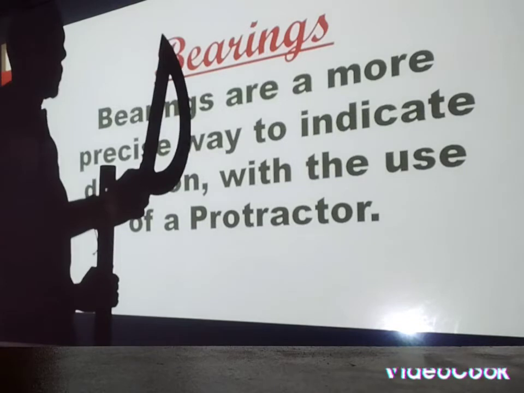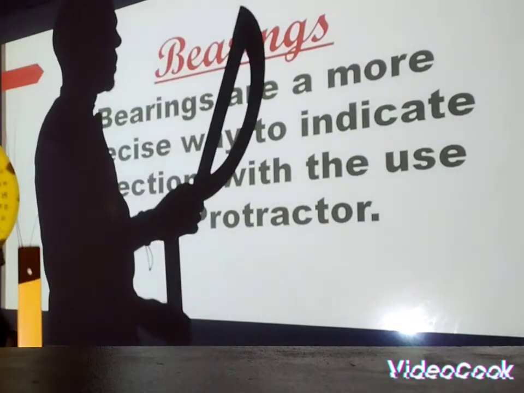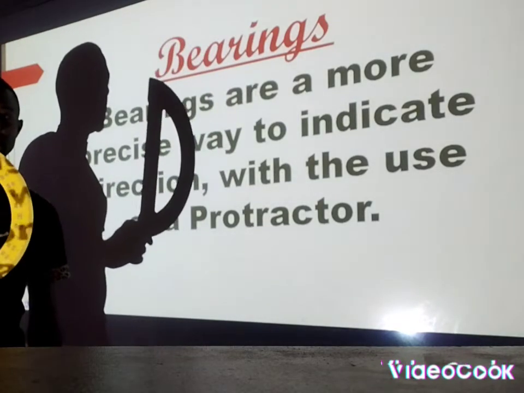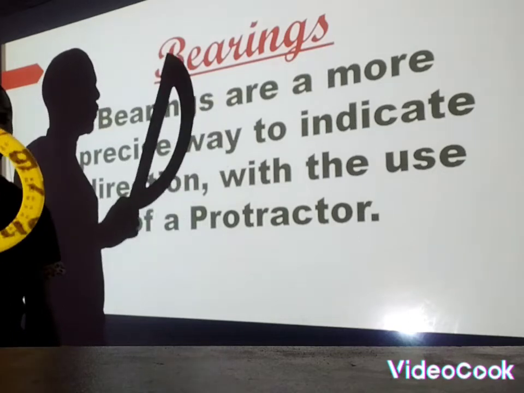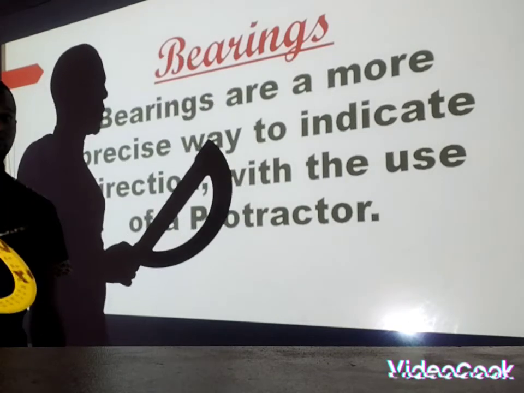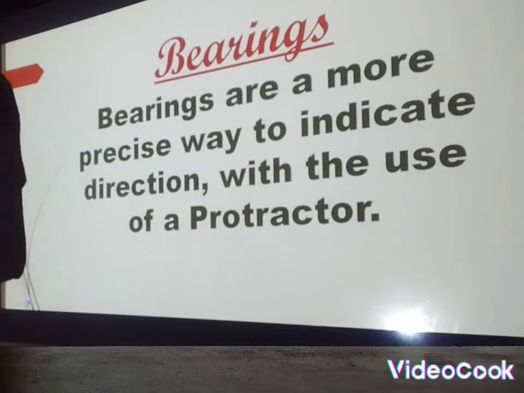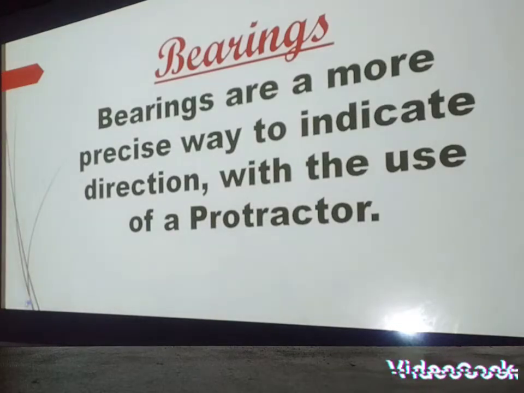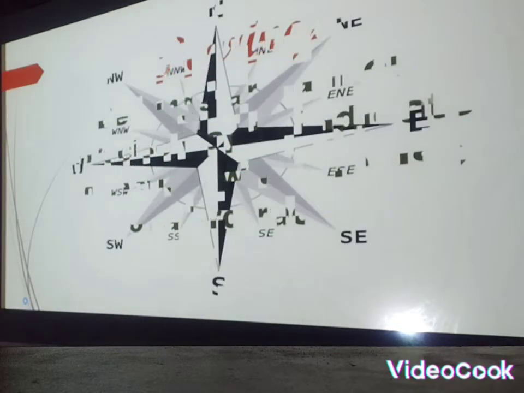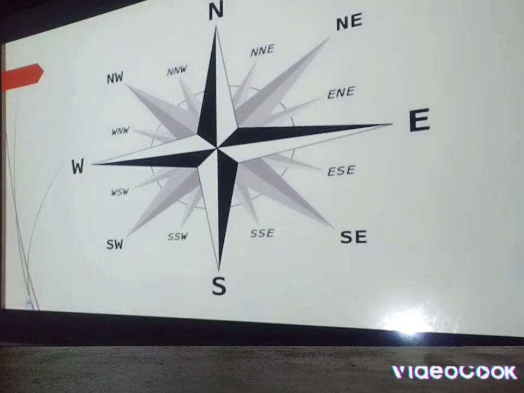This is actually a protractor, and we're going to use this one to come out with a bearing whenever we want to look for the bearing of a particular place. Alright, now we'll go back to the diagram. And talking about bearings, we will understand here that